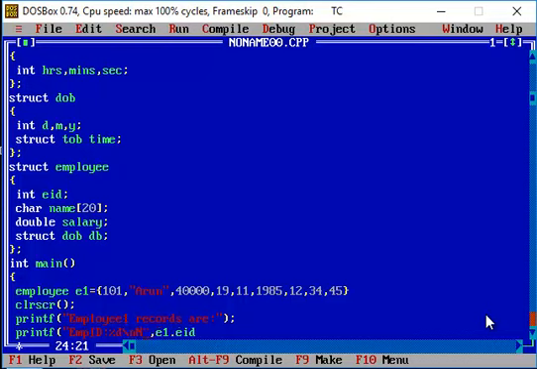The employee name is a character array, so I'm going to use the percent-s character format, and call the structure member name using the structure variable E1. And then I'm going to print the salary of the employee. Since it's of a double data type, I'm going to use the format LF, and I'm printing the salary details of the employee.